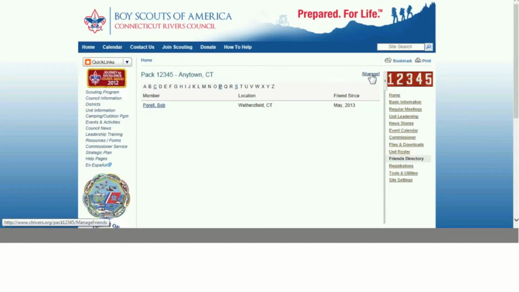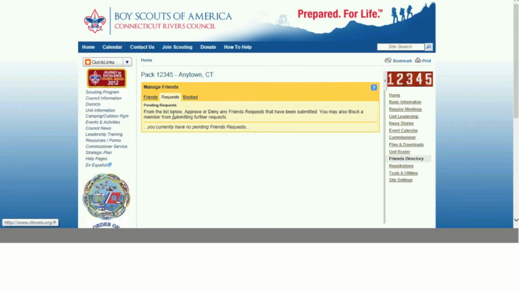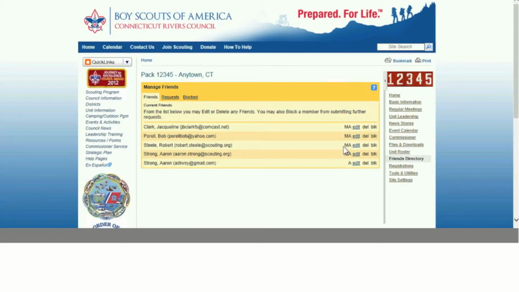When I'm in the Friends directory, your unit leader can click on Manage. He can go to Requests here, and Requests will tell him anybody who wants to be a friend. So if you want administration rights, you ask to be a friend. He then approves on the request screen that you're a friend, and then this puts the individual on the friends list. Your unit leader can click on them,